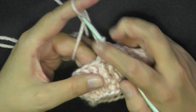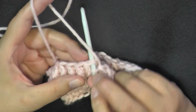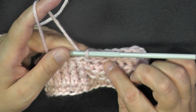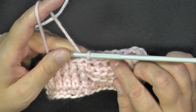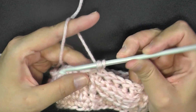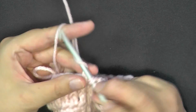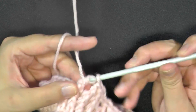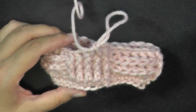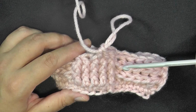And you're just going to continue this pattern all the way around, and when you get to the end of your row, you want to go ahead and slip stitch in the beginning front post double crochet that you did. Now that was row 4, so you need to do 4, 5, 6, you need to do 3 more rows just like the last round. So again, you'll just be chaining 1, pulling up, then doing a front post double crochet worked in the next 5 stitches, and then you'll do your 5 back post worked in your next 5 stitches. You're going to be repeating this. So you did, this was 4, this is going to be 5, 6, 7, so this row and 2 more rows, a total of